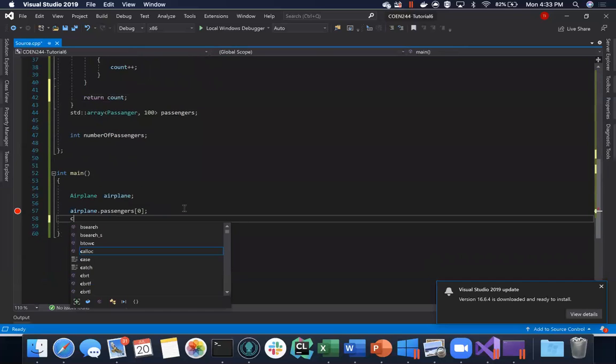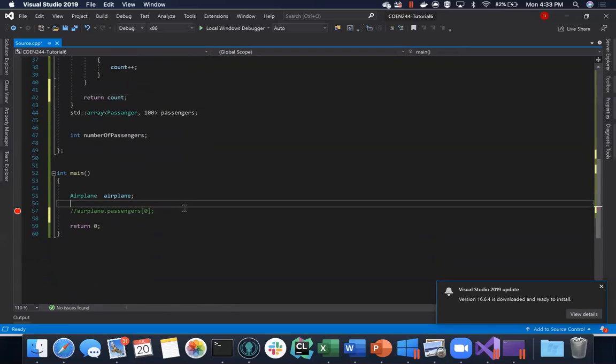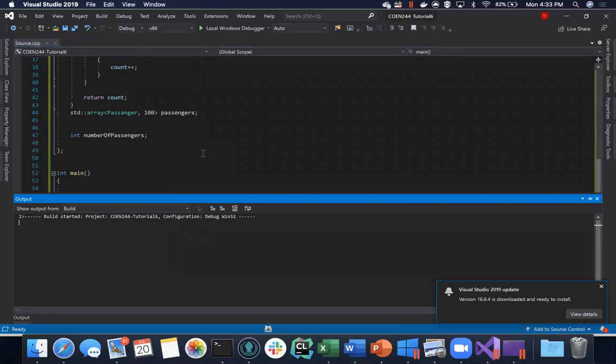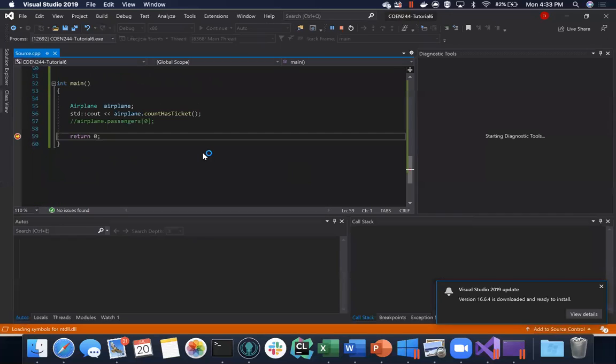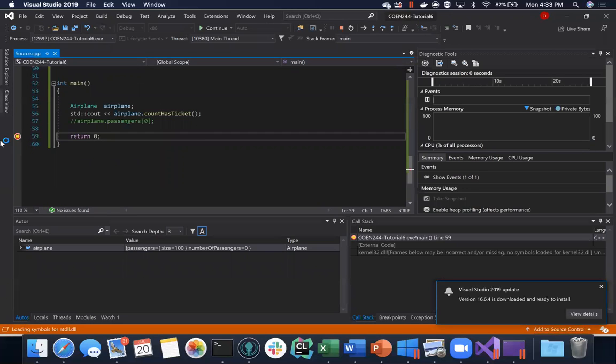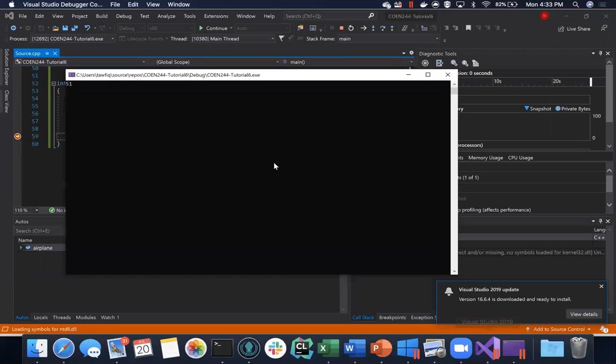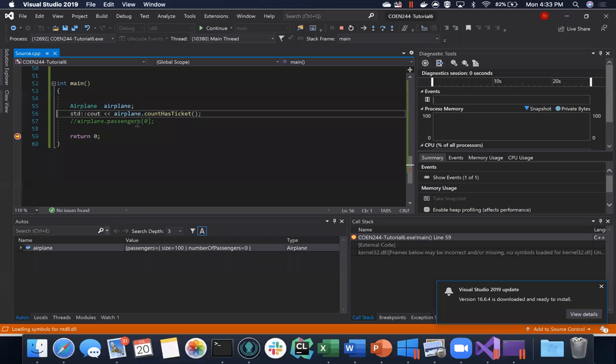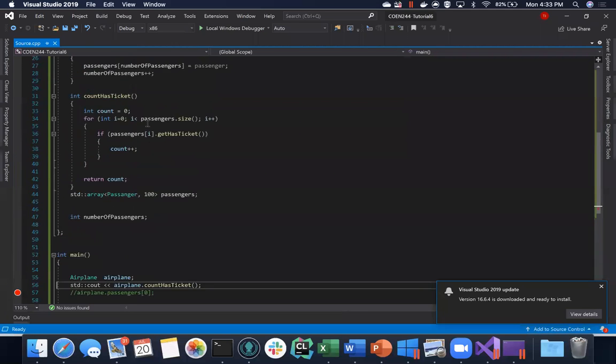So going to the airplane here, count has ticket, and this should output out of the 100 how many we have. 51. Okay. Now, this is not a very good example because out of those hundred, not all of them